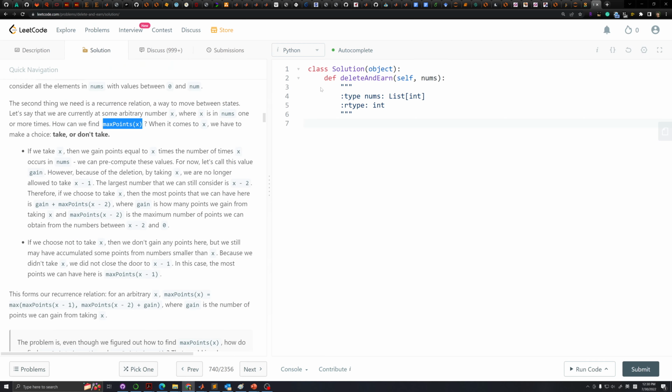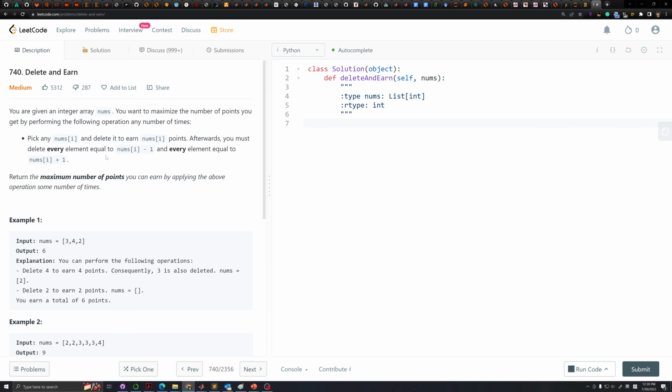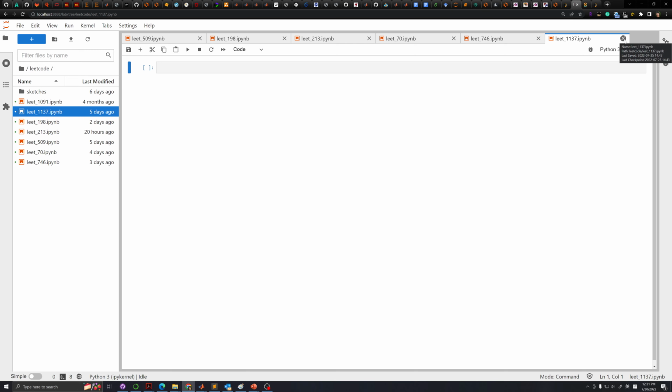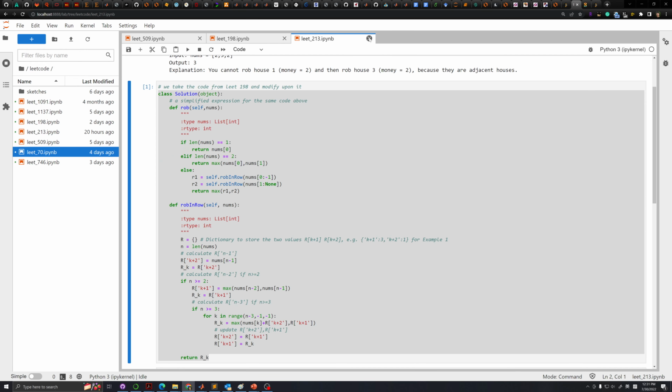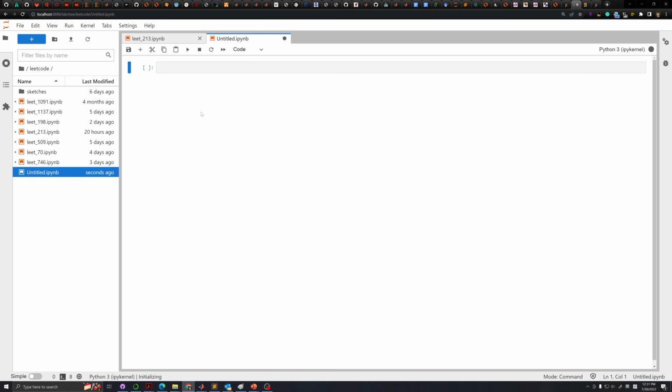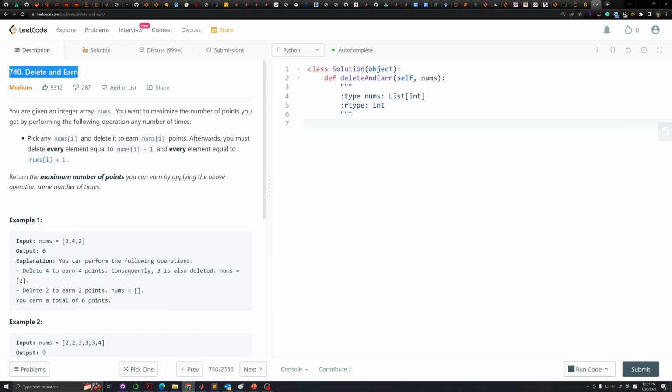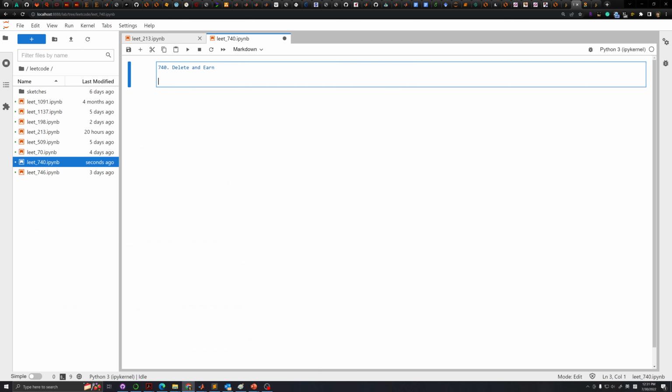Yep. Now let's take the description of the problem, and then we are going to open up a new Leetcode notebook. Let's close some of these and create a new notebook. We're going to name it Leet, and today's problem is 740, right? And mark down 740, delete and learn. We're going to copy the description here, put it here,